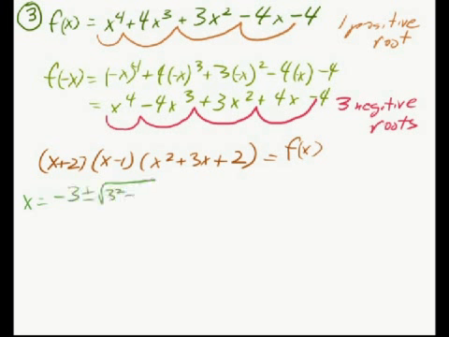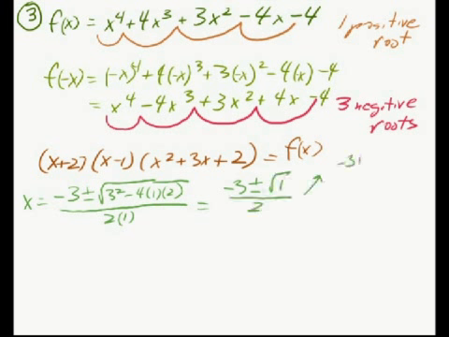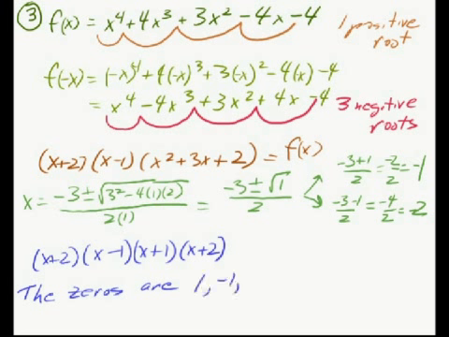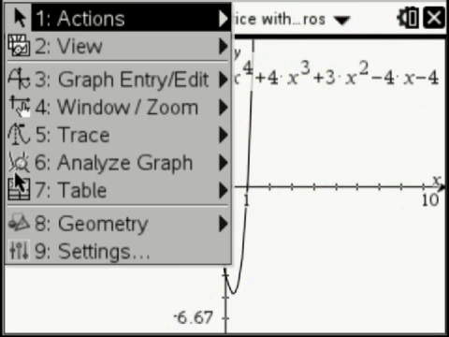This is a quadratic. The quadratic factor, I can use the quadratic formula. Simplifying, I'm going to get negative 1 and negative 2. So writing this all out, I'm going to get x plus 2 times x minus 1 times x plus 1 times x plus 2. So negative 2 shows up twice. The zeros here are going to be 1, negative 1, and negative 2, with negative 2 being, I got to look at the graph on